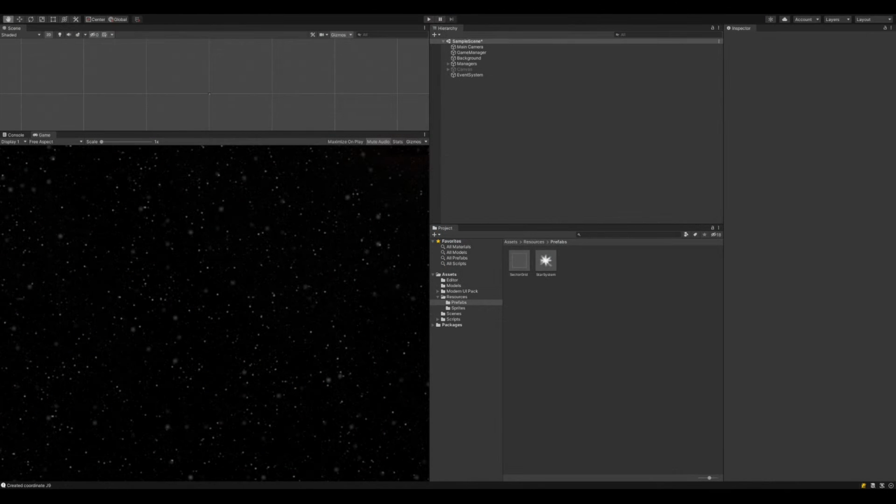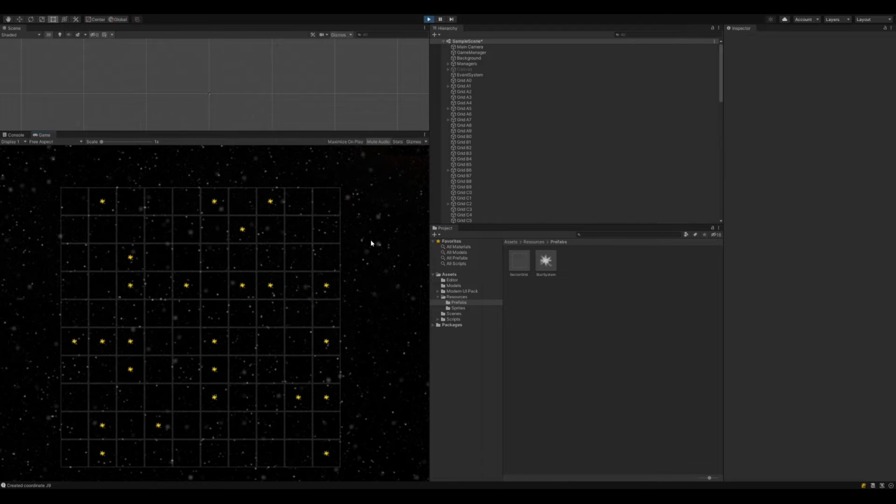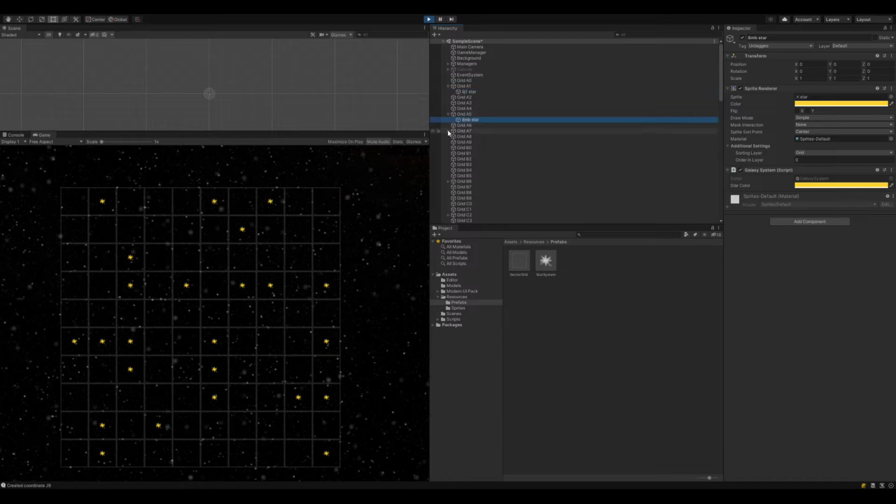Hello, fellow star distributors. Here we are yet again working on the development of Omega Gateway, an upcoming 4X sci-fi game of the likes of Master of Orion 2 and Star Trek Birth of the Federation. Last time we worked on distributing systems on the grid and giving them names. This time we are going to focus on the UI.